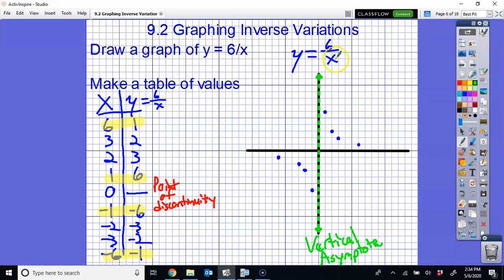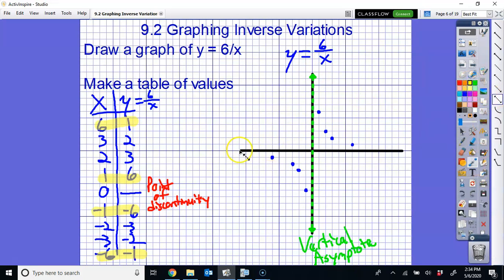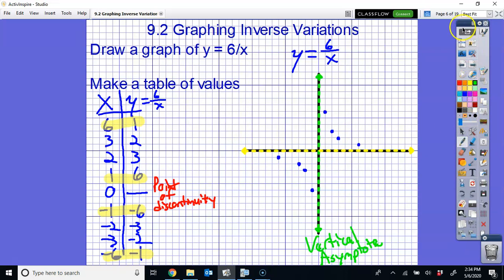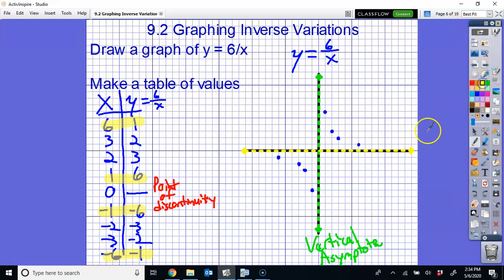So it's never going to touch 0 for the y value either. So that creates a horizontal asymptote. A horizontal asymptote, same concept as a vertical asymptote. It is a line that this graph does not touch, but it gets closer and closer to it, just like it did with